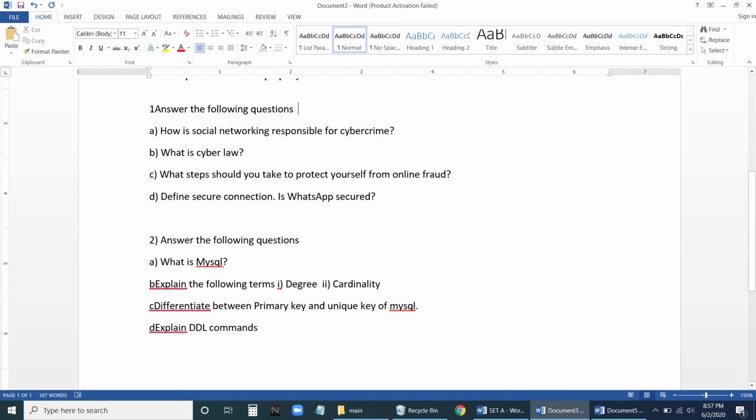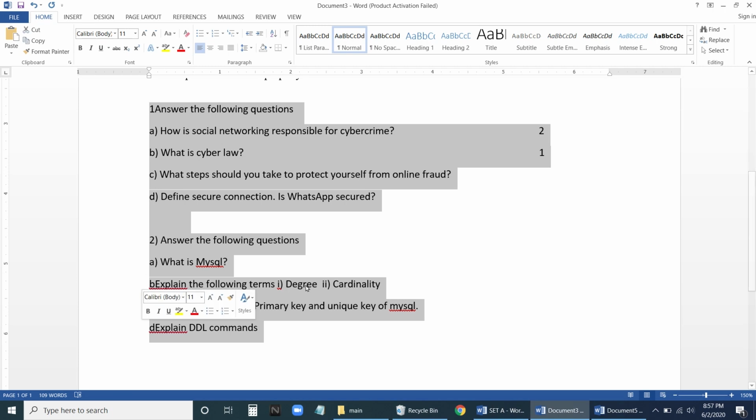Let us say I want to give the marks. So I will give the marks here somewhere. So it is not according to a proper format. Let us say this is 2 marks. Let us say this is 1 mark. Now you need to do some circus here to arrange all these things. Every time we change here, we need to change these marks also. So it is not a good idea to write in a very plain way.